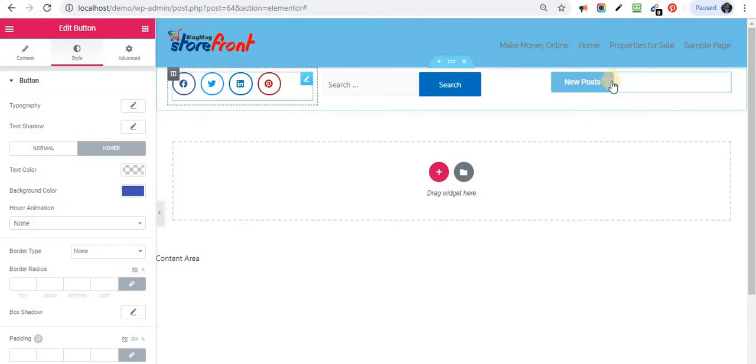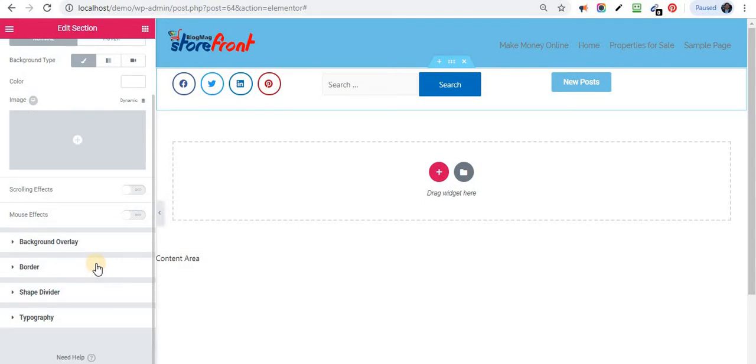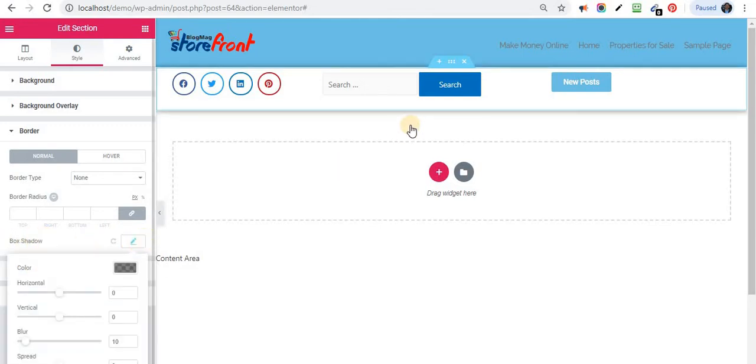Now once we are done, I'll go once again on this six dots here in the section area, blue one. I'll click here and I'll go to something called border. Now concentrate here. Now in border I'll select, I'll not go any other place. I'll just click on border shadow. Look at here, border shadow. I'll just click on here. Now look what this has done. Now my entire header is completely ready, and I can arrange anything